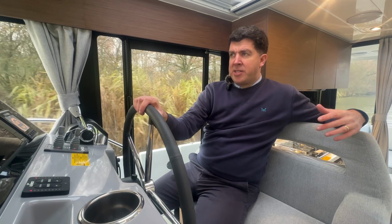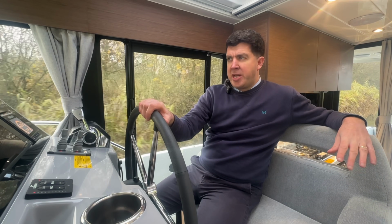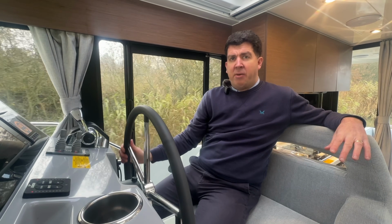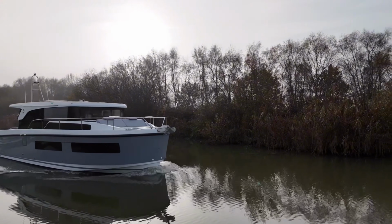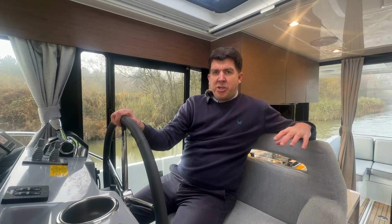As I mentioned earlier, this particular boat is an Ex-Demonstrator, and this is fitted with the larger Yanmar diesel engine, which is 150 horsepower. It's done just under 60 hours, and as I mentioned, we've used it for demos. It will still come with the full Yanmar warranty from point of sale to the new owner. And on the diesel engine options, you can have anywhere from a 57 horsepower up to the 150, which is